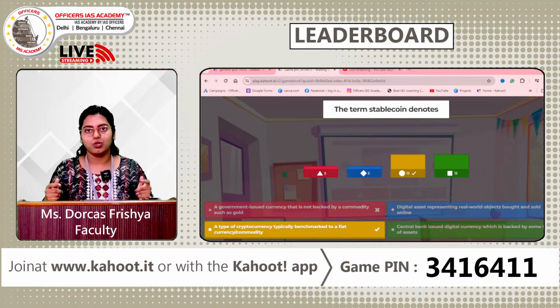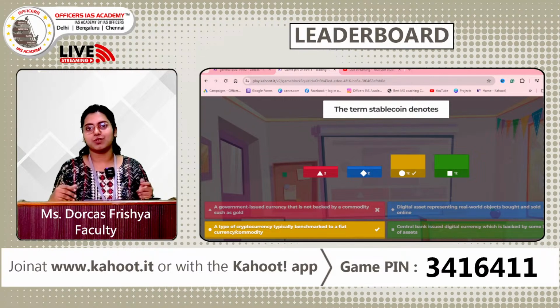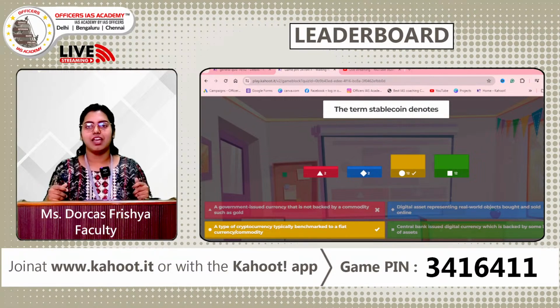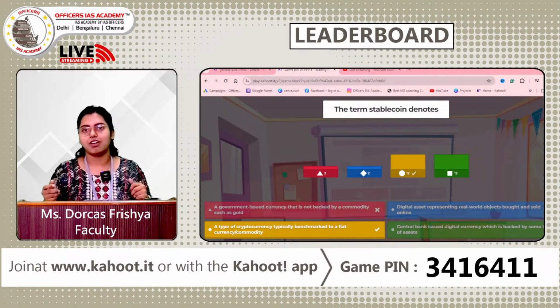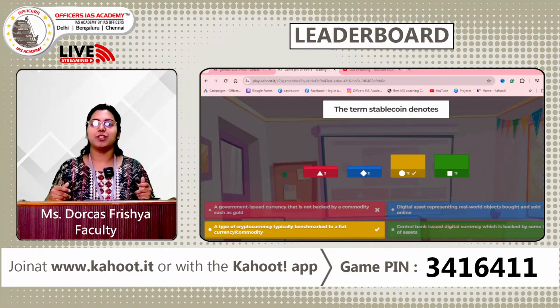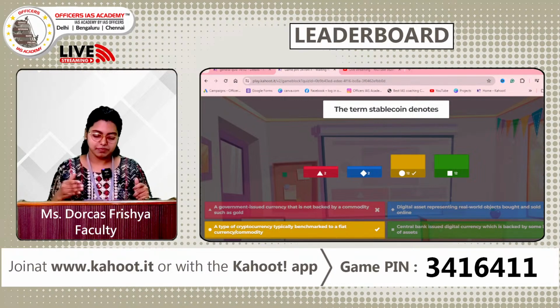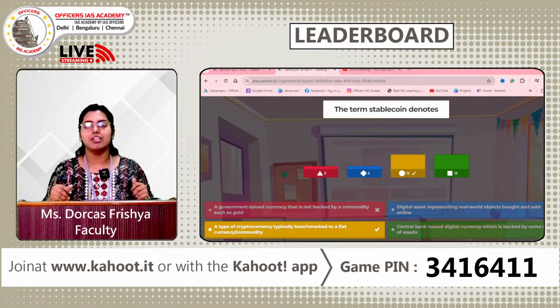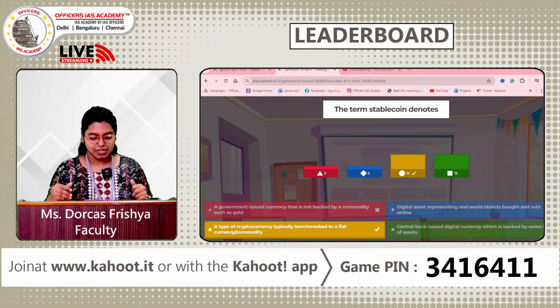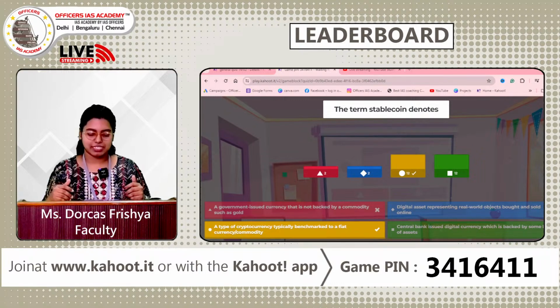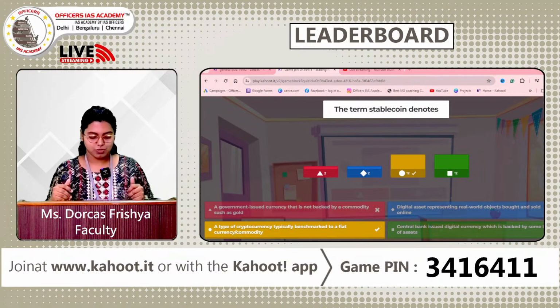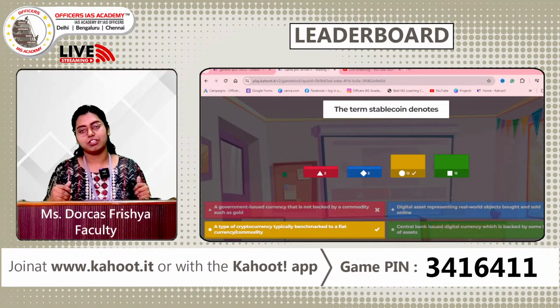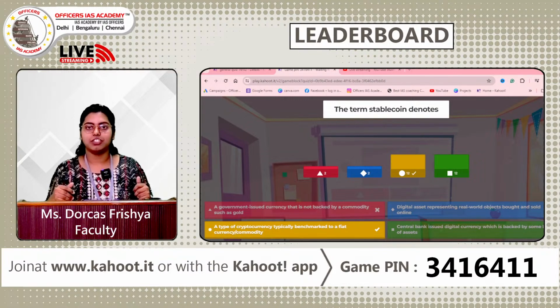So I hope you all know, during the COVID times also cryptocurrency was in a high trend, and you know, the stock market and everything. So many people got awareness regarding the same. So you all know about cryptocurrency, you know how volatile cryptocurrency is. In that case, we can see stable coins coming and replacing cryptocurrencies. Okay, so usually stable coins are pegged to a currency similar to, I would say, the dollar, even the US currency.